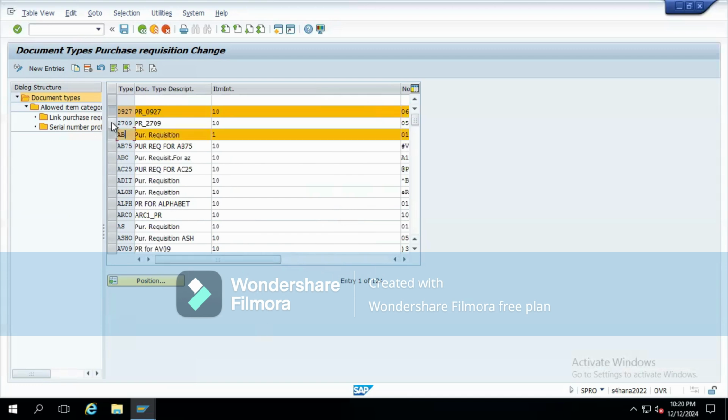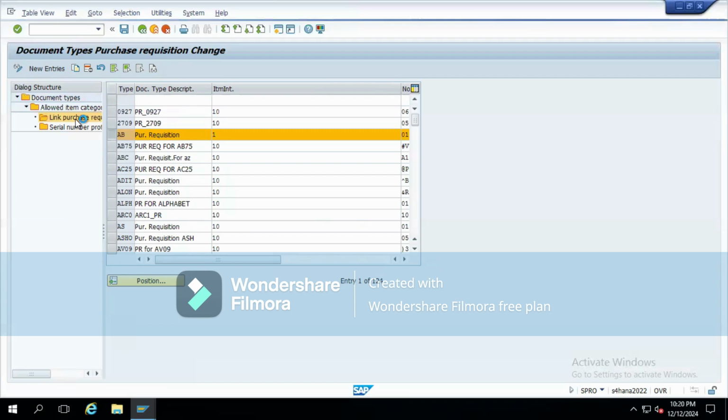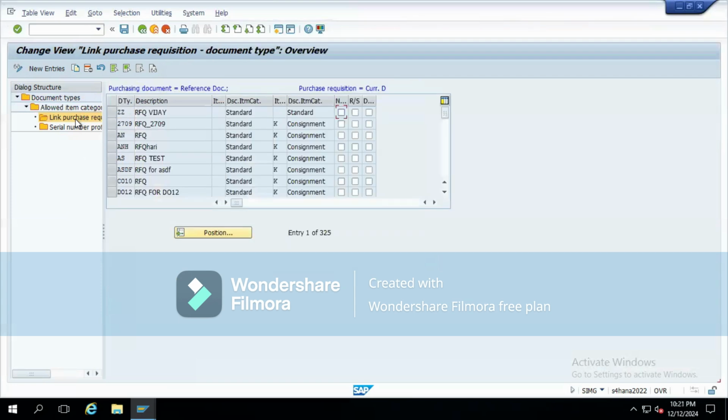Suppose you are taking AB. If you click on this purchase requisition document type, it goes to a new screen, where we have some standard categories. It is showing what happened in the requisitions. We have some item categories. If you open any PO,